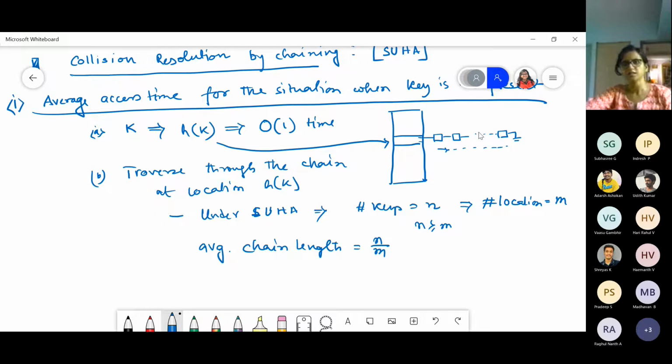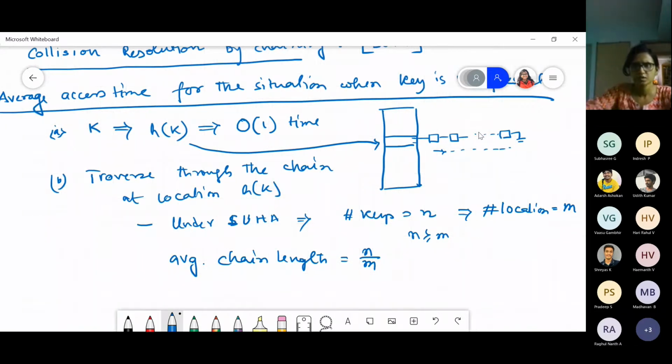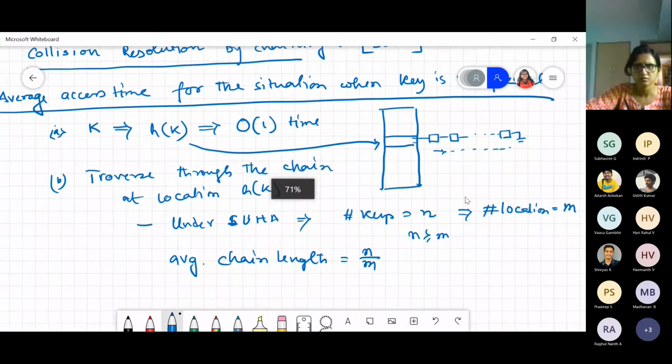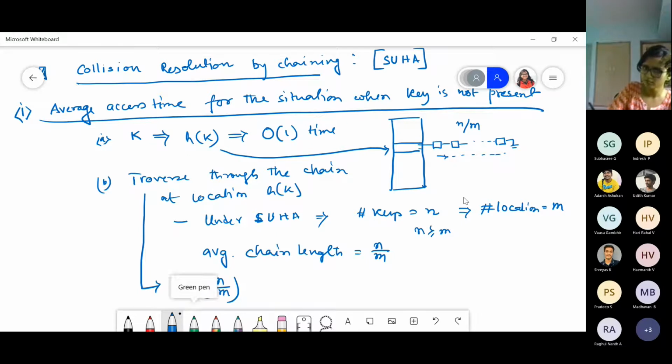So if I have to traverse this whole chain to find whether my key is present or not, I have to traverse, on average, this n by m length. So to traverse this, how much time should I need? Order of n by m, right?